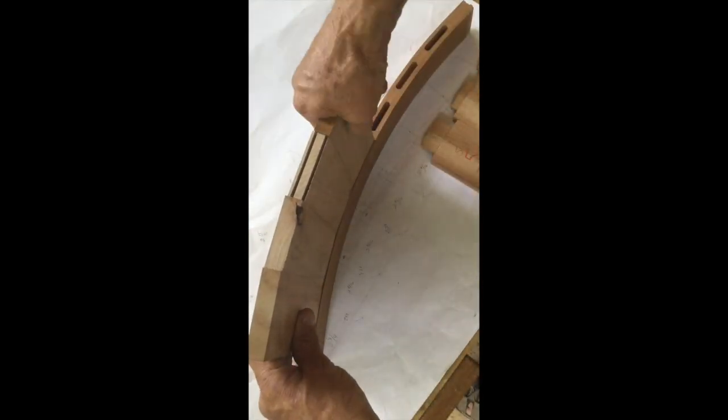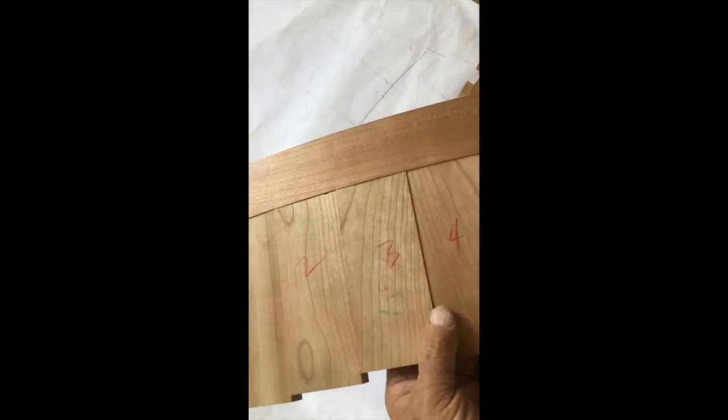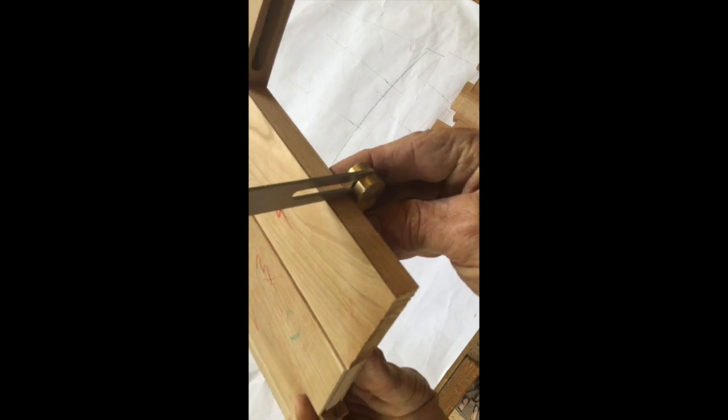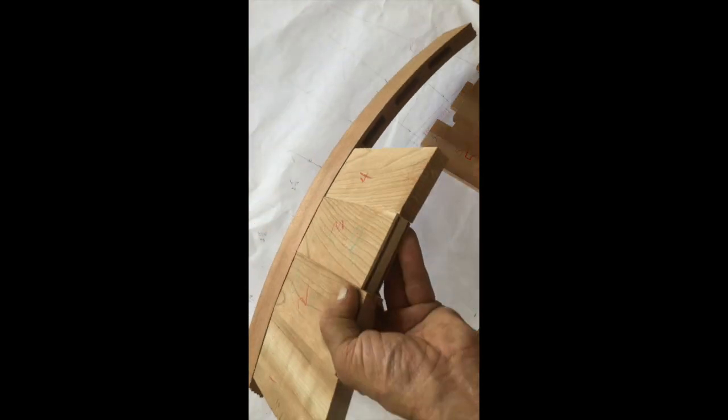And every single time I'm using the same angle, always the same angle on the end of this, since it is an arc of a circle. I didn't intend it to be an arc of a circle, but it turned out to be an arc of a circle. Now, what I also learned from this mock-up